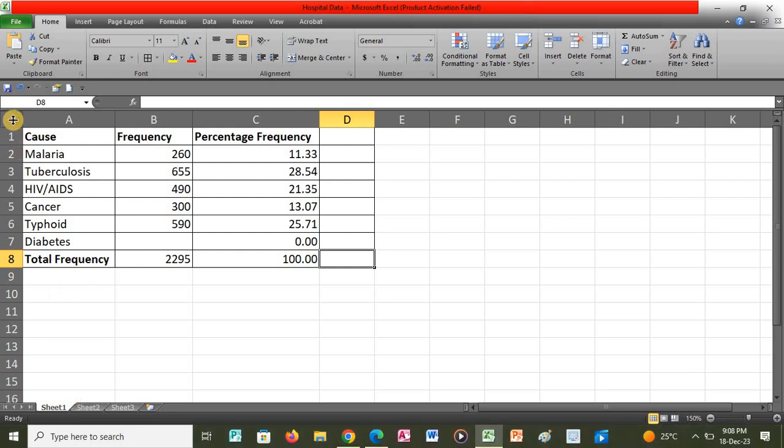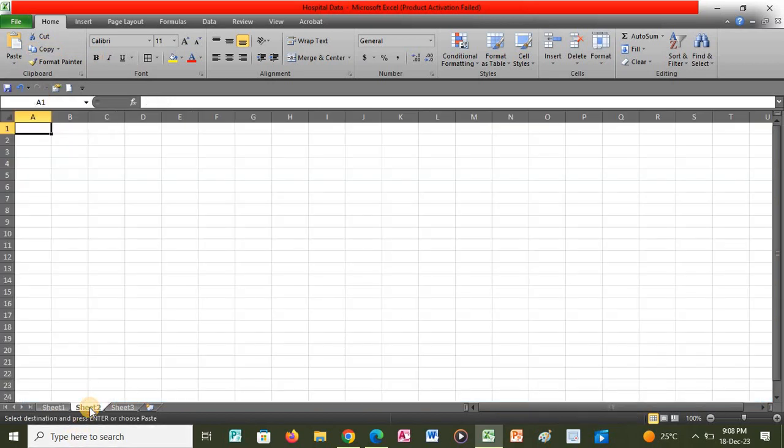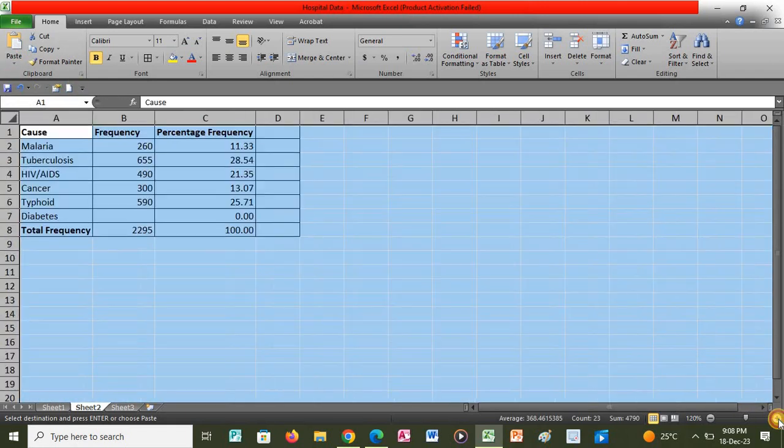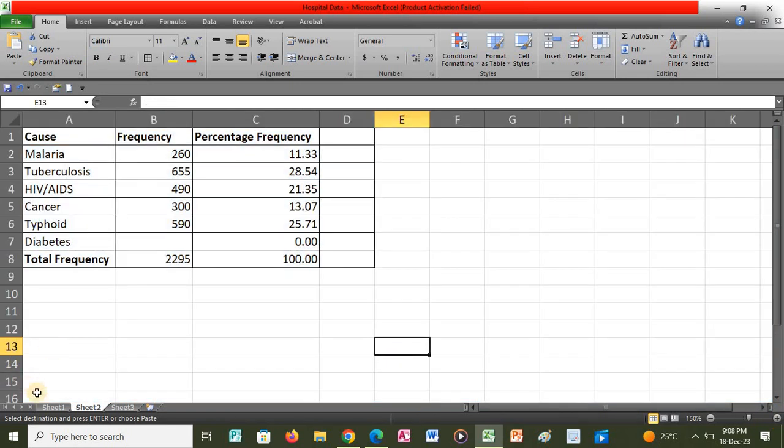So you just left click right above row 1. Then we select the whole worksheet. Then you go to copy, you click copy. Then we click on sheet 2. Then we paste our information. So once we paste our data from sheet 1,